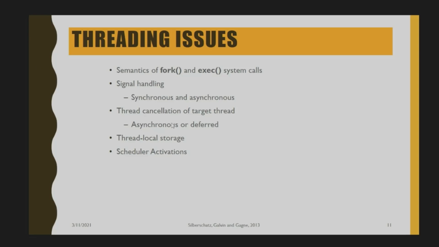So what is asynchronous? In asynchronous cancellation, one thread immediately terminates the target thread. In deferred cancellation, the target thread periodically checks whether it should terminate, which allows it the opportunity to terminate itself